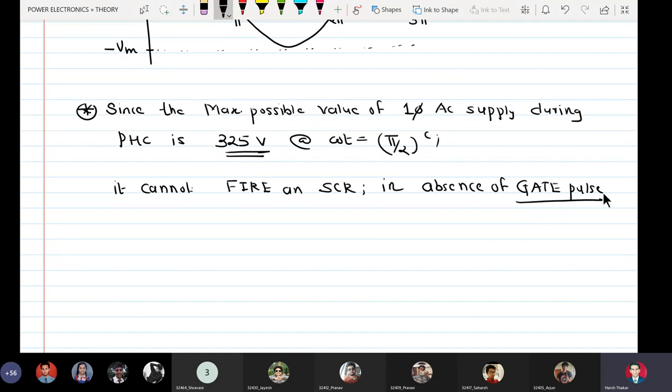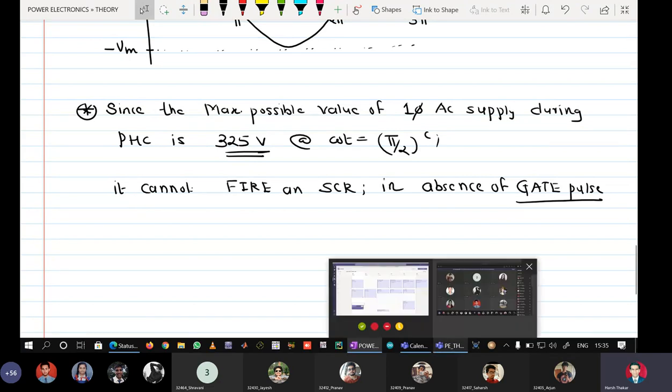So this is what it means when you say that the breakover voltage of an SCR is equal to 600 volts. Okay, so now we go on to learn what are the symbols of an SCR and what are the